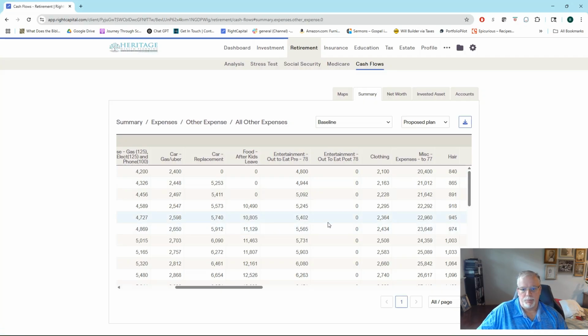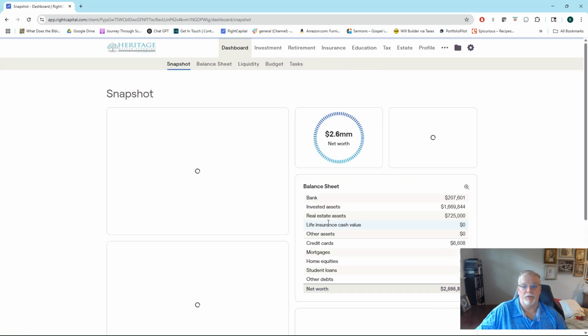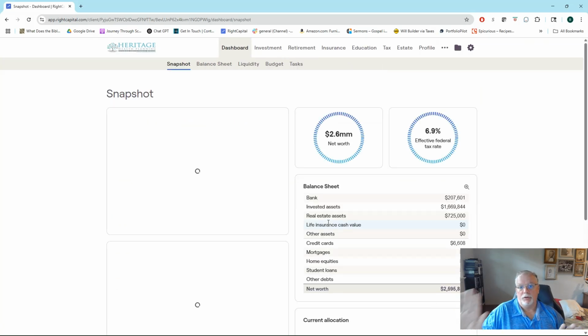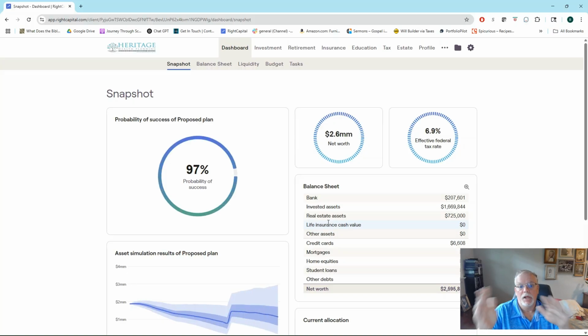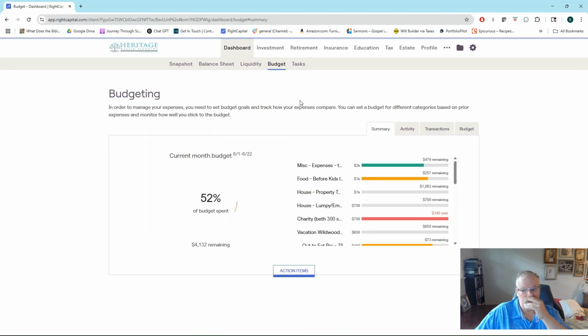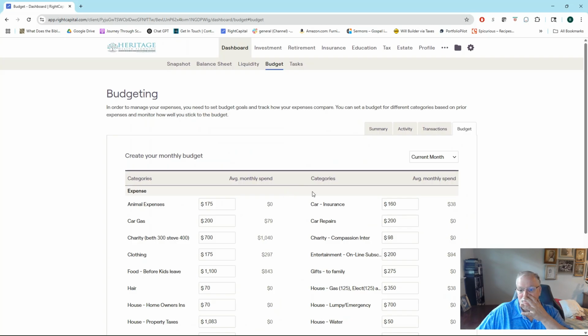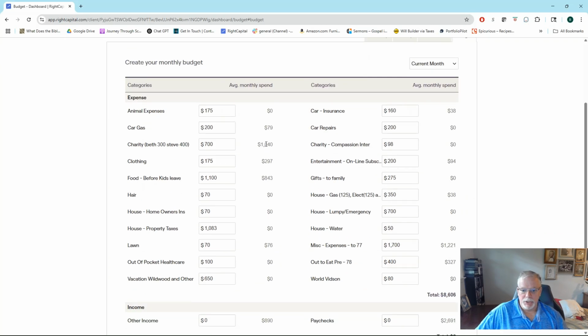When I'm in the budget board, which I'll do a video on this too, the difference in Right Capital is there's projections and there's budget. So consider it projected versus actual. They're two separate different things, two separate places in the screens, two separate activities. But if I go to my budget, it's going to show me how much I'm supposed to spend. Go to the current month because it's easier. Like we've been talking about miscellaneous, right? So if you look at miscellaneous,